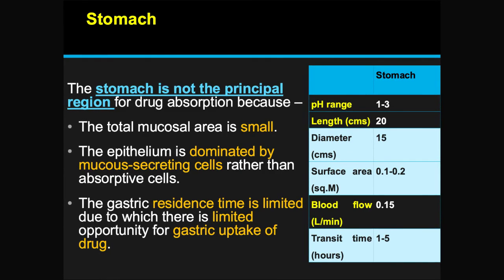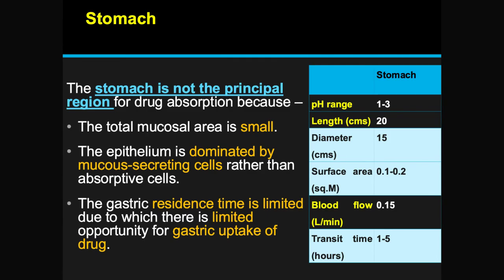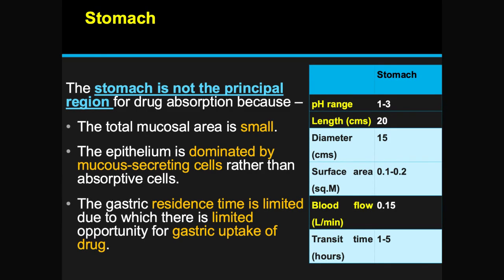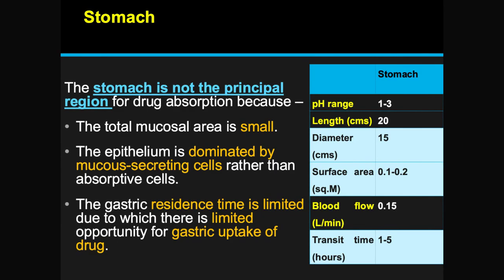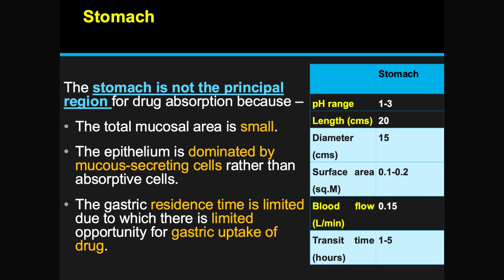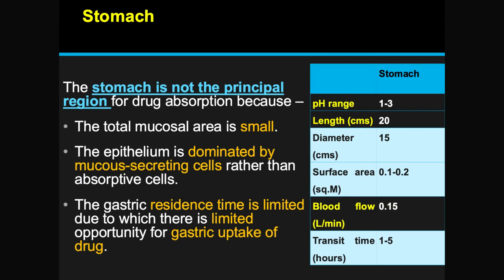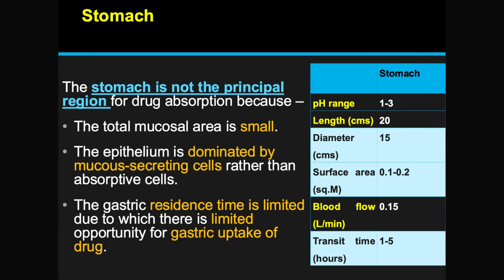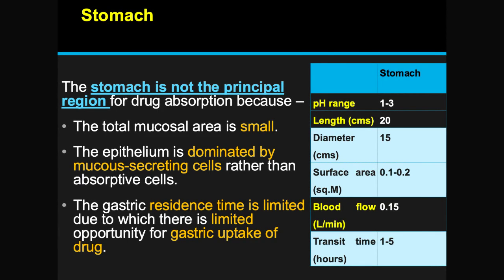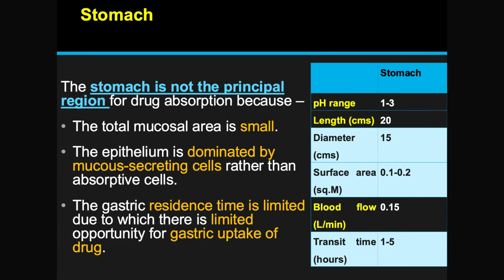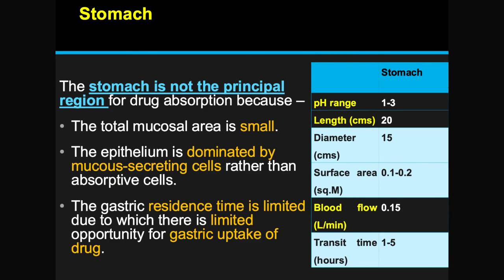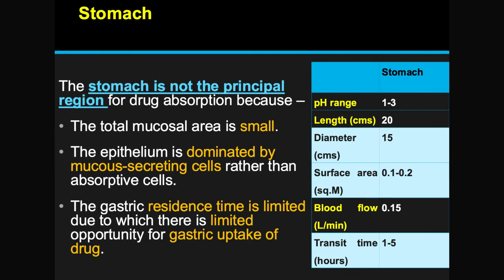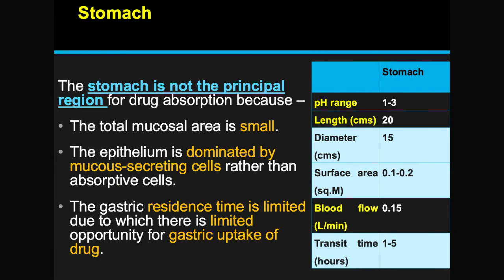Notice how the blood flow rate of 0.15 liters per minute serves as a kinetic bottleneck, maintaining a lower concentration gradient compared to more vascularized regions. Why do these specific physical dimensions, including the 20-centimeter length and 15-centimeter diameter, prevent the rapid contact required for efficient molecular transfer? Ultimately, the stomach functions as a chemical processor, where the limited mucosal exposure dictates a secondary role in